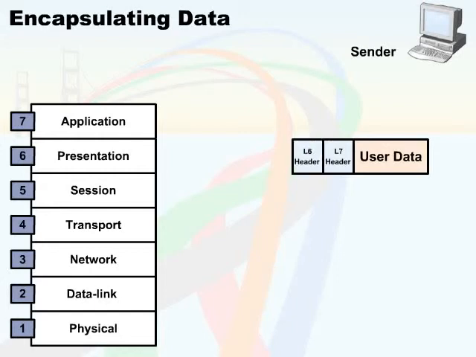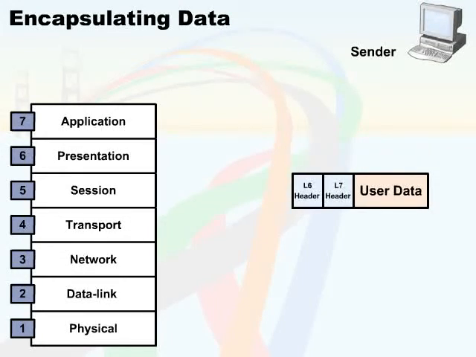Now keep in mind that even if something does not need to change, we will always have this header being added to the existing data, and thus every single packet is going to look the same. In this case, let's say that there was some decoding that needed to take place between the user's application and the destination component, possibly a database server. So any information necessary in layer 6 to do the decoding would actually change in the header. This would then become data that will be passed down to layer 5, where my session can now be established